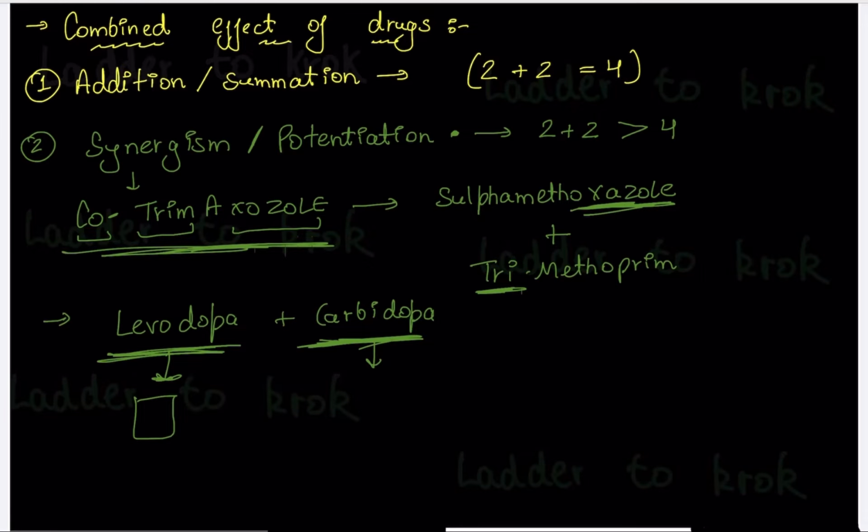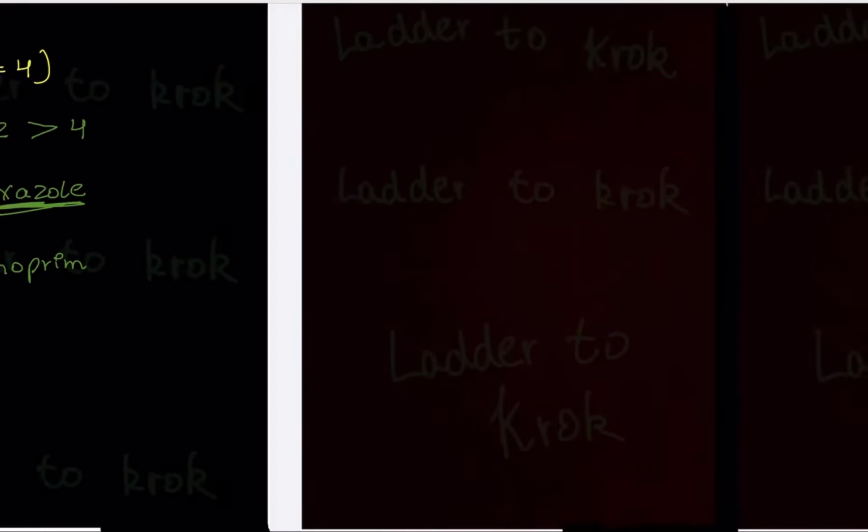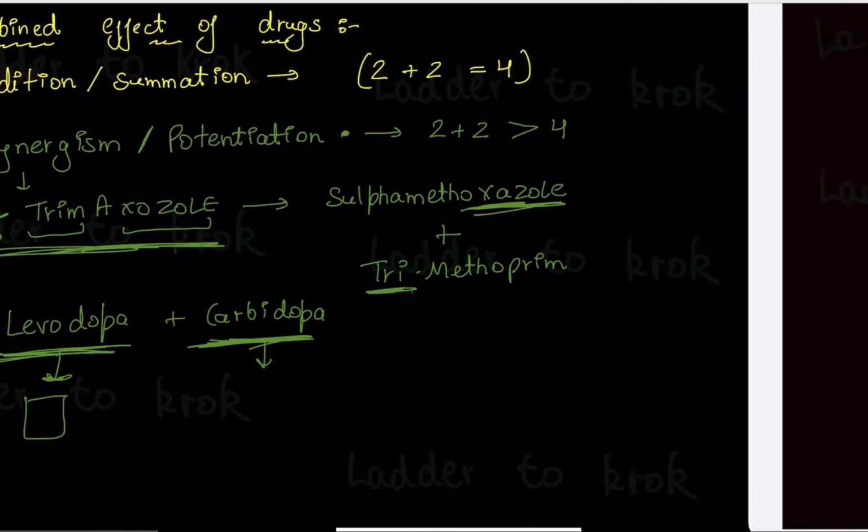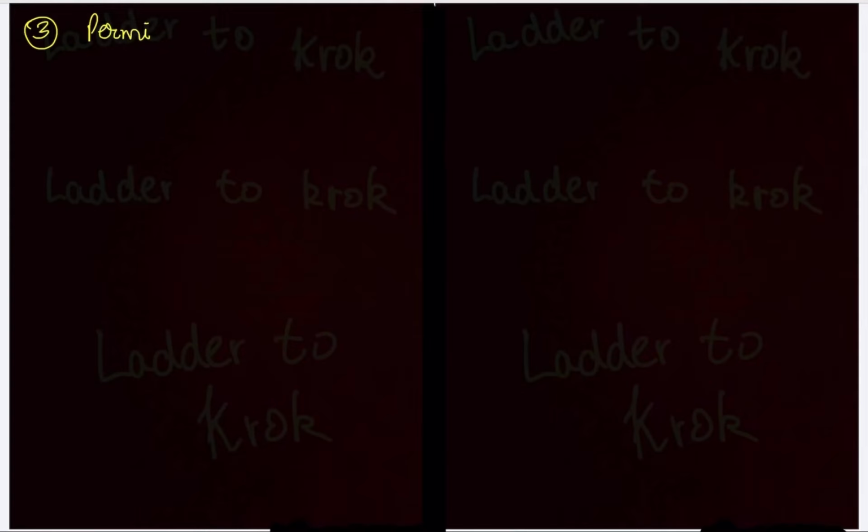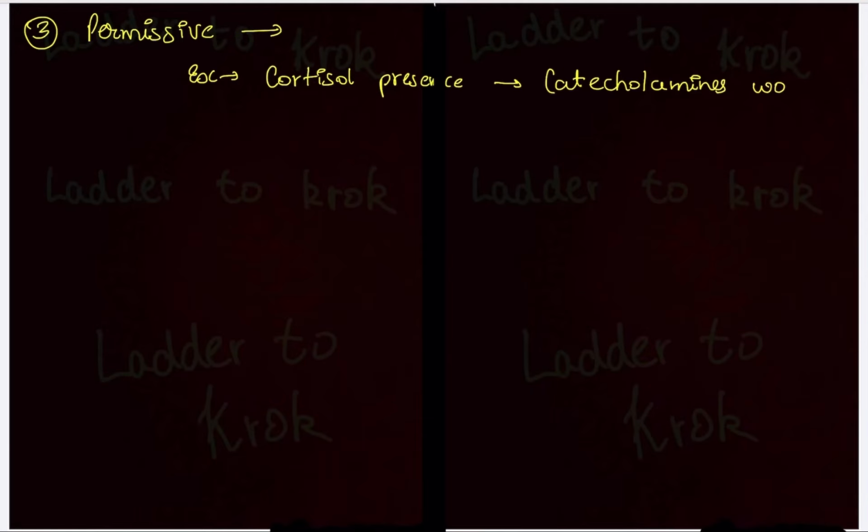Now let's discuss permissive. What is permissive? Let's understand this with the help of an example. In the presence of cortisol, catecholamines work better. So as you can understand, in the presence of cortisols, the catecholamines will work better. Okay, this is permissive. All right, now the fourth one is